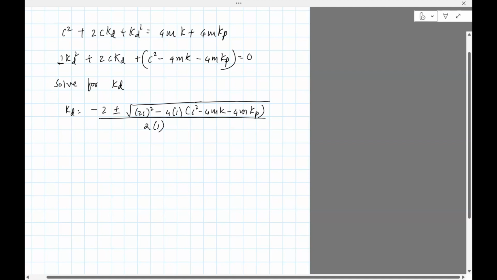One value is definitely negative if you use the negative sign. The gains cannot be negative. A negative gain implies that it's not feedback anymore, and the system will go unstable. So we'll take the positive root,